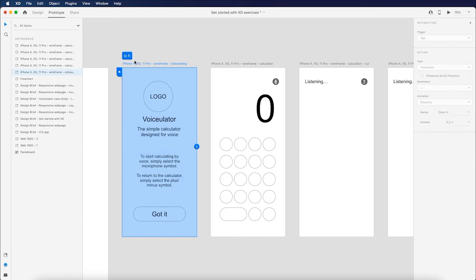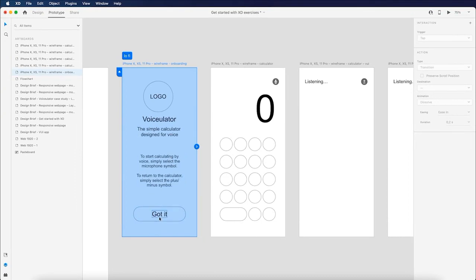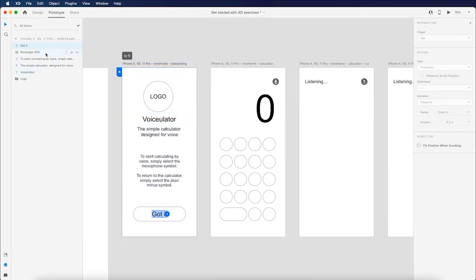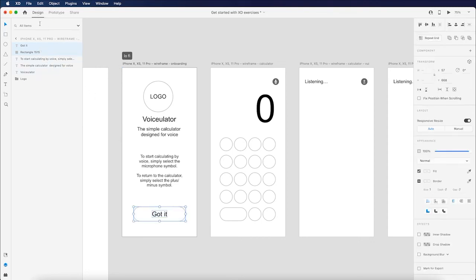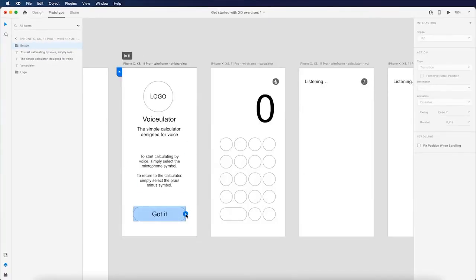and then I can wire each artboard up by simply using this arrow and selecting the artboard, or I can wire up an element. So in my design, I did not group this button, and as this is a button, I should group it. So let me just, I can do it from prototype mode, but I'll switch back to design mode, and I'll simply group this and call it button. And I'll switch back to prototype mode, and now I have the arrow on my button,